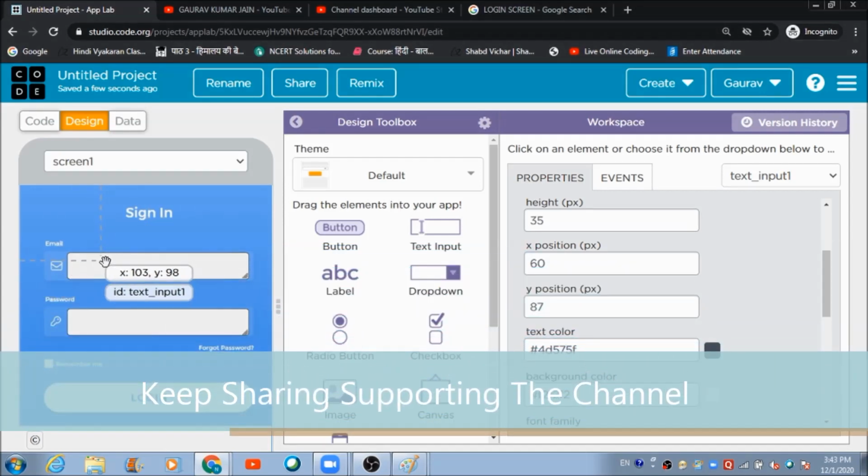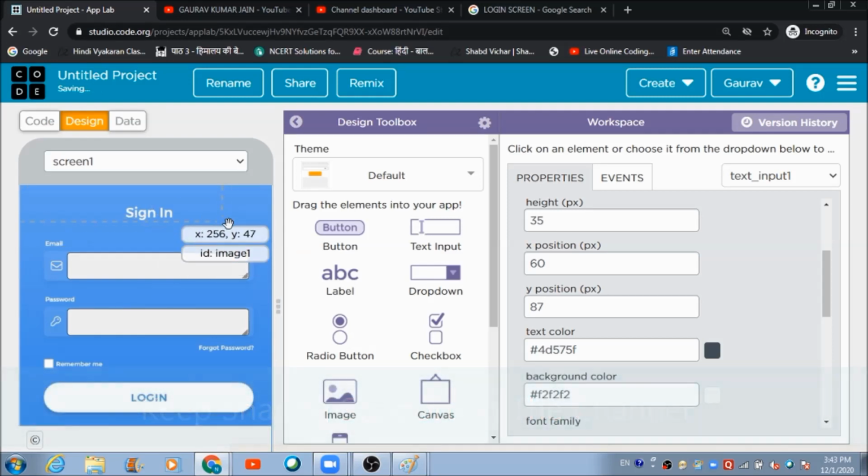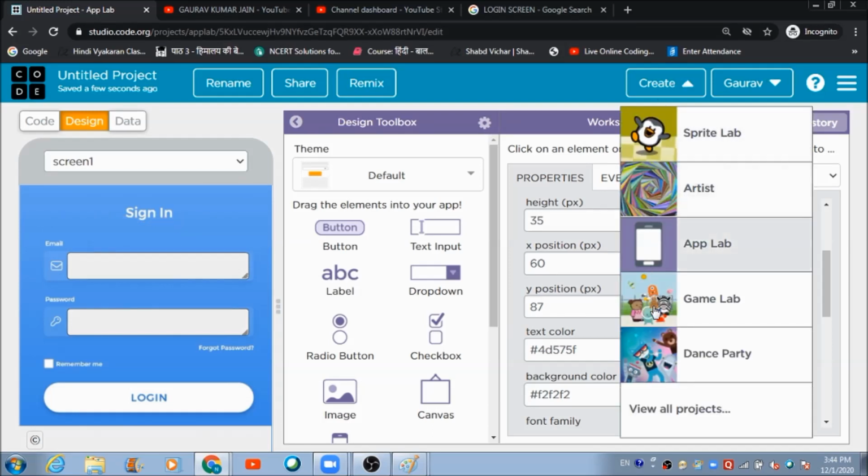Now as you can see, the background color of this component is white and of this one is blue. How can we make this background color look similar to that of the screen? So for doing that, the trick is you have to open the Game Lab environment.